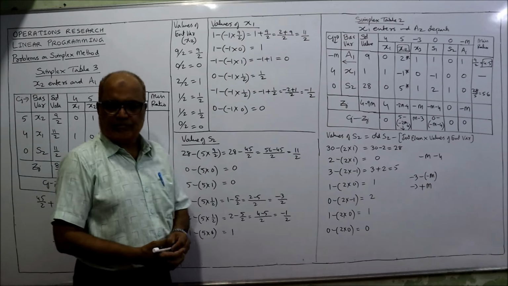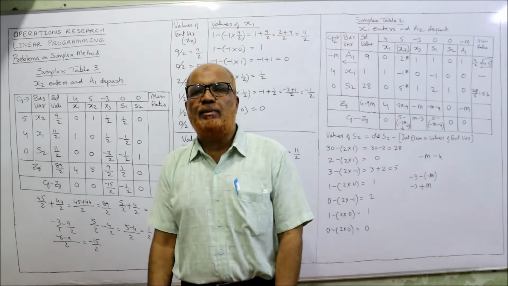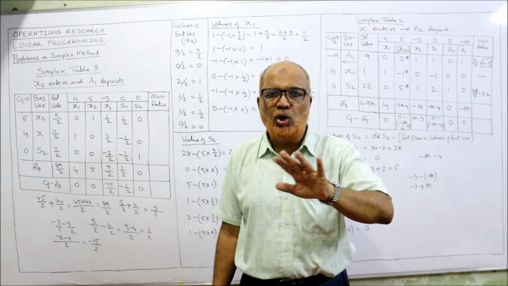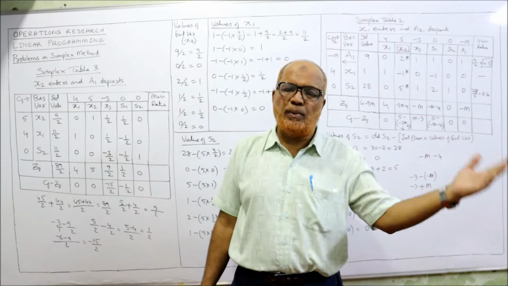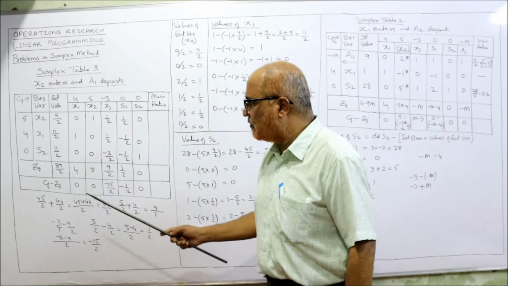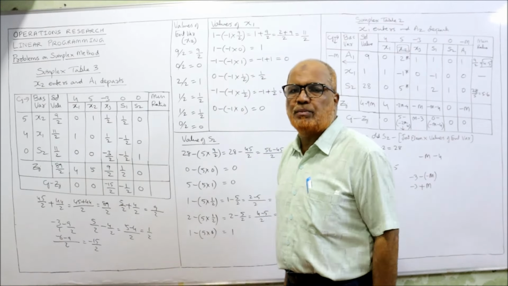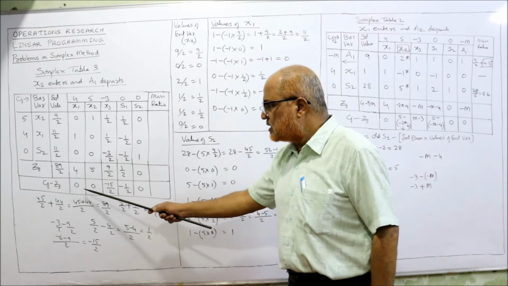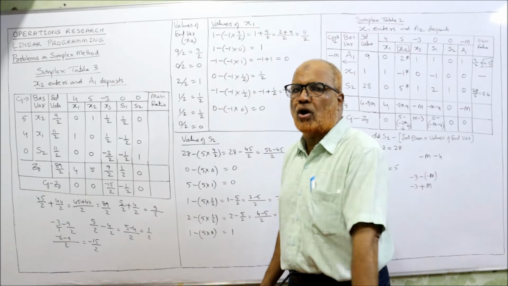That's all. So optimality test says all the index row elements should be zeros and negatives. There should not be any positive. If positive value appears, we have to open another simplex table. But fortunately, we got all the values are zeros and negative. So we reached the optimum solution. So ultimately you should write the conclusion: since all the index row elements are zeros and negative, we reached the optimum